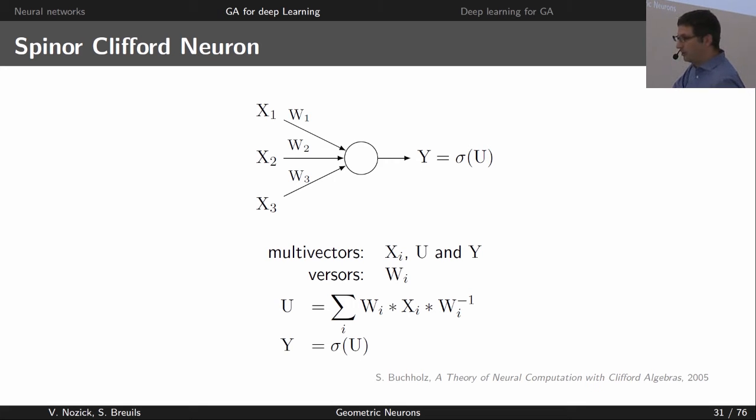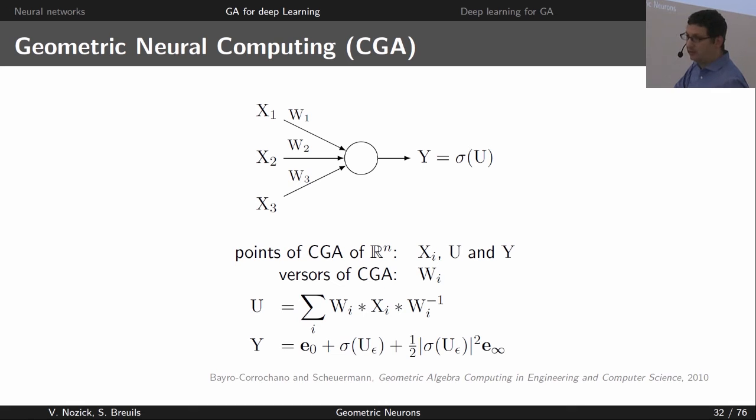Some other people consider that a multivector is too big. So okay, we don't need the full multivector. Actually, we may consider only points of the algebra. So here, again, we consider conformal geometric algebra. So here the point is, actually yes, we use points, only points. Okay, so that's fine. So inputs are points, so outputs should also be points. But the weights are still Versors, just rotating the points, scaling them, and translating them.